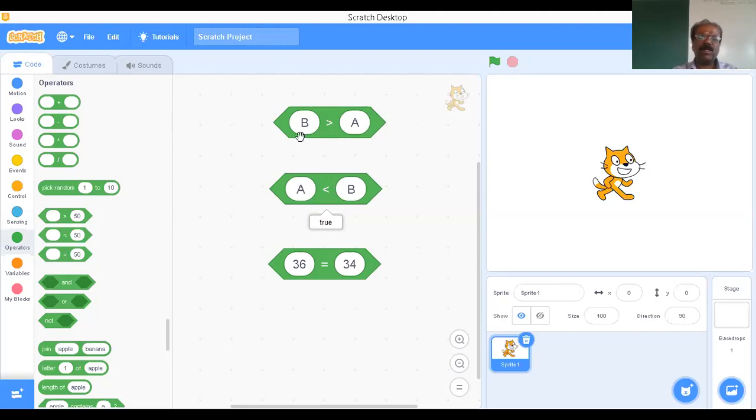Therefore, the data may be an integer, a whole number, or it may be a fraction, or it may be a character also. Therefore, we have three important operators. In later videos, I'm going to explain the remaining things using this relational operator, and write different programs. I will write a program to find the largest of two numbers, the smallest of two numbers, the largest of n numbers, or check whether a given number is positive or negative, or odd or even, or odd parity or even parity. We can do a lot of programs. I'm going to do all those things in future lectures.